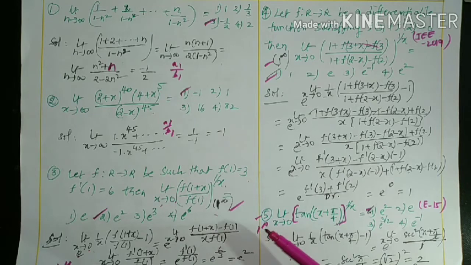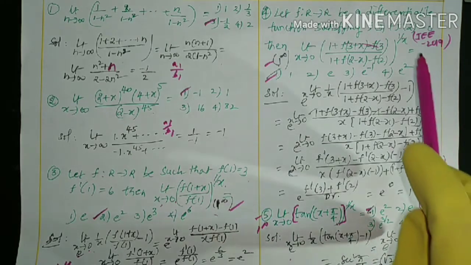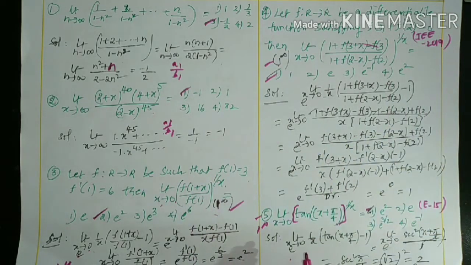Now come to question number 5. Given the limit of tan of x plus pi by 4, overall power 1 by x, as x tends to 0, simplification is asked. This is given in the 2015 exam and also in 2019. Here, what is the position? We can observe that x is 0, 0 plus pi by 4, tan 45 is 1. 1 by 0 is infinity, which means it is in the form of 1 power infinity.